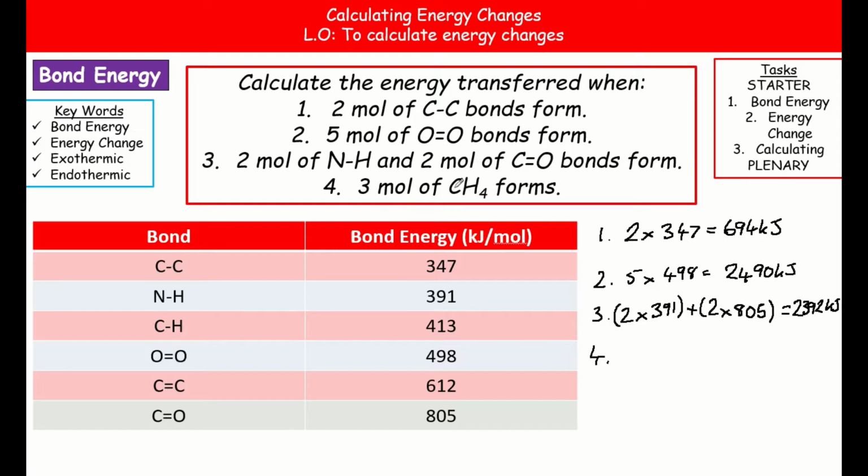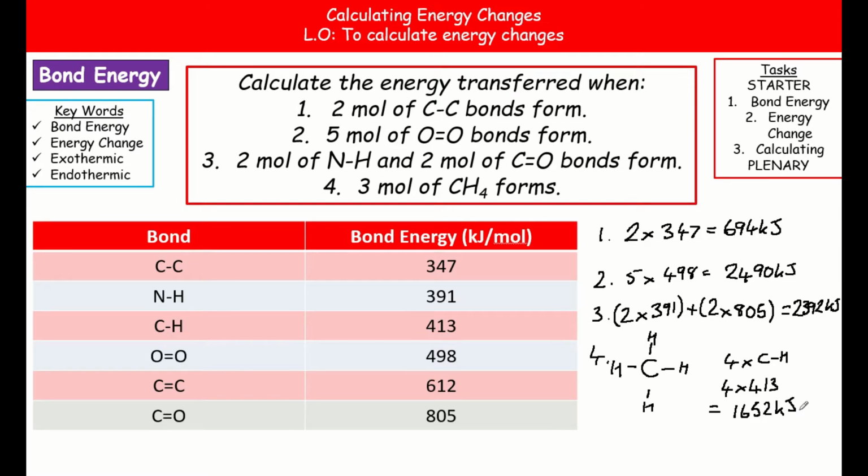we've got 3 moles of methane forming, CH4. So the first thing to do is you need to work out what bonds there are. So it's easiest to draw the displayed formula. So methane looks like this. Then we can count up the bonds. So we've got 1, 2, 3, 4. So we've got 4 times the carbon-hydrogen bond. And if we look that value up in the table, it's 413. So we've got 4 times 413, and that is